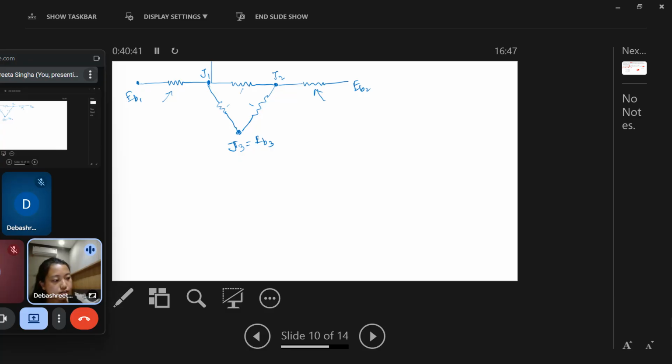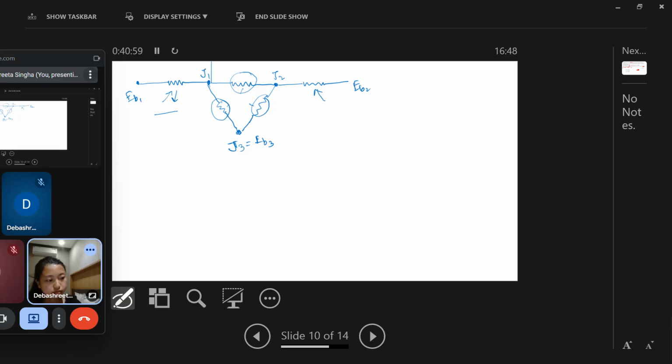How are they due to the view factor? One surface is emitting, another surface is receiving. How much fraction of that energy are they receiving? This is due to that view factor. So this resistance can be written as